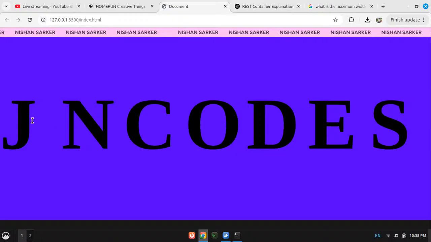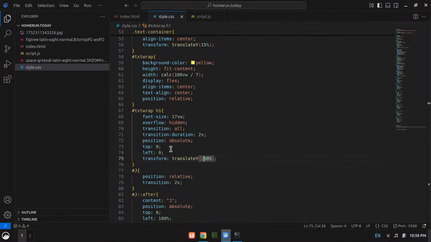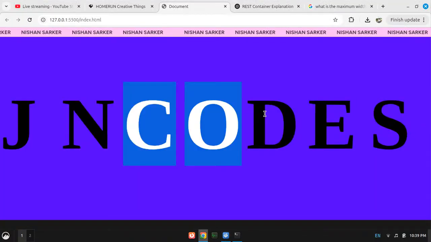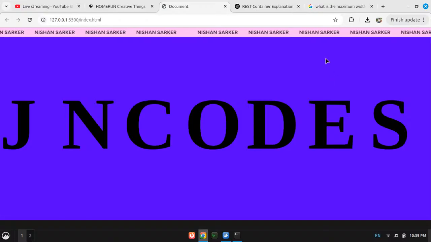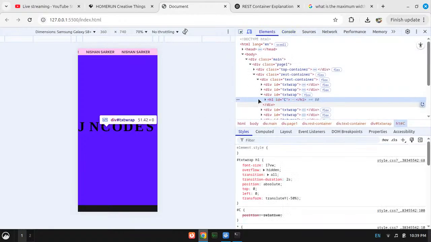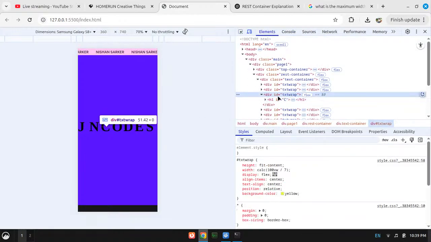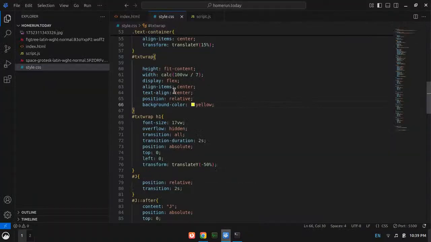But now I need to identify all of the boxes separately. And where did its background color go? Where did you go? Why aren't you visible? Are the diffs even there? I need to check. Right. Yeah, I have a diff txt wrap, but the diff doesn't have a height. Why so? Height is fit content. I guess the height is making the trouble here.